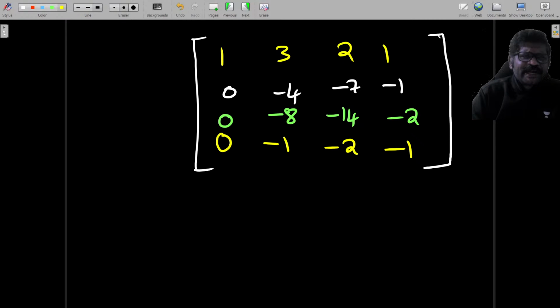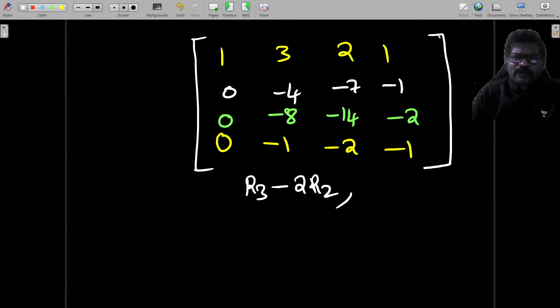Now it is not in echelon form. We have to apply R3 minus 2R2, and 4R4 minus R2. By applying these two operations, we get